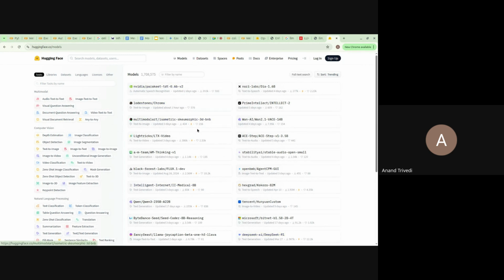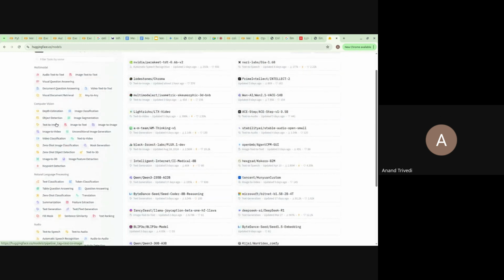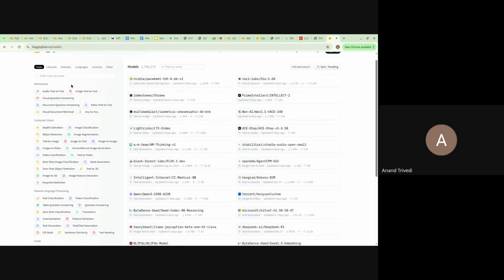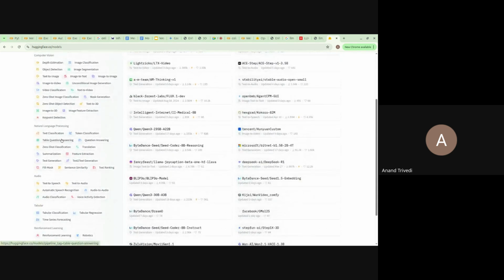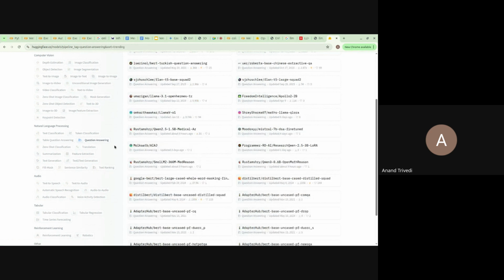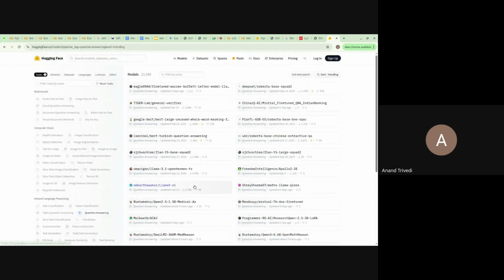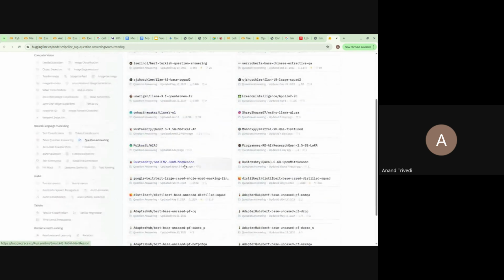And let's say what kind of model do you want? Text to text, text classification, natural language processing, question answering models, Llama and everything. These language models, right? So here are some of the models like Meta models.